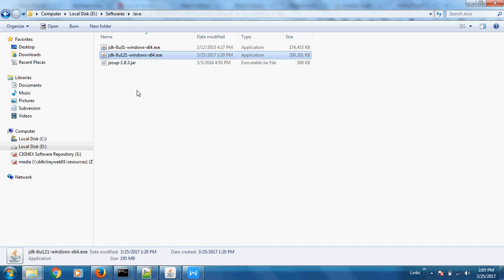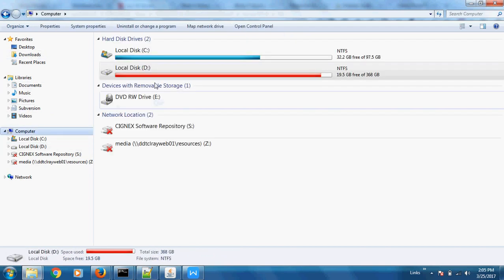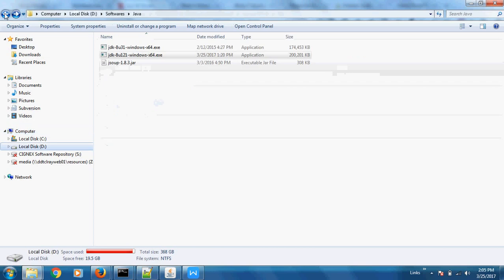After downloading it, you just have to install it. After completing the installation, you can update your environment variable.